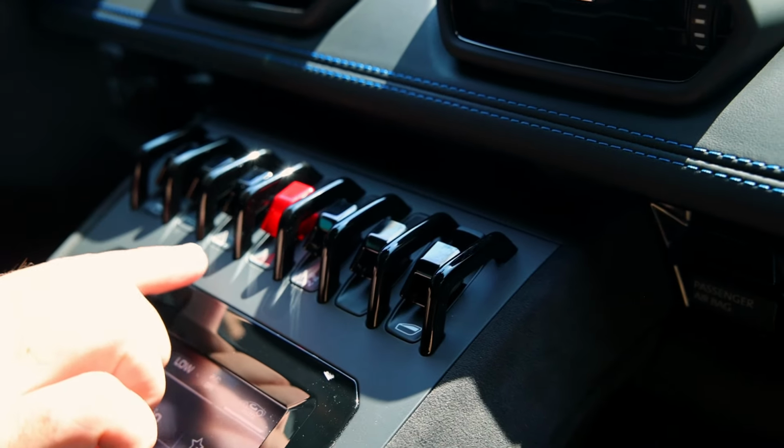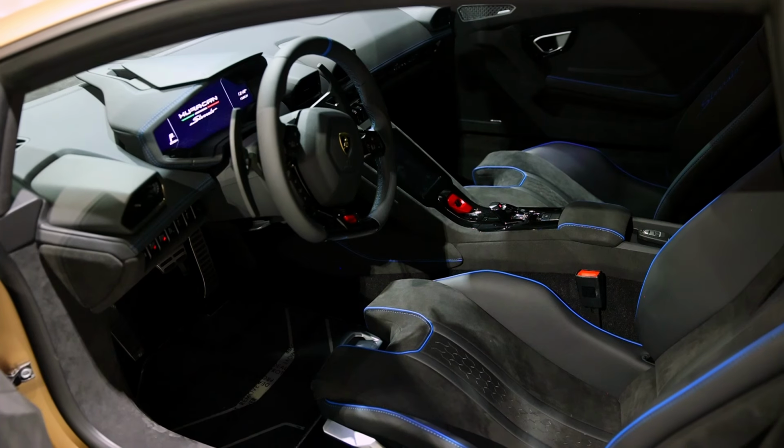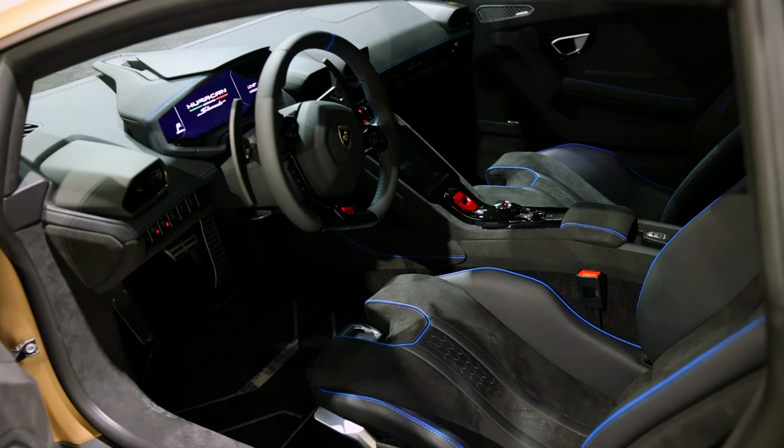Now, something we have not yet figured out how to capture on camera, but is something that is very nice about this car, is that it does not just have a new car smell, it has a new Lamborghini smell. It's beautiful. I love the rocket switches here, or rocket switch-like switches they've got. Got the Alcantara leather on the door panels, and Ricky has an STO and he loves it. He thinks it's fantastic,